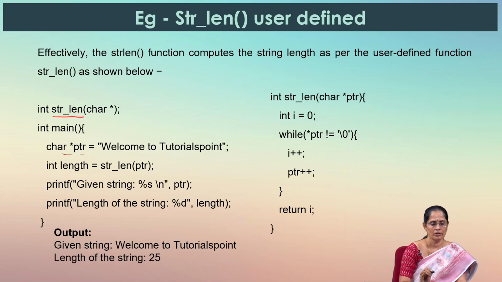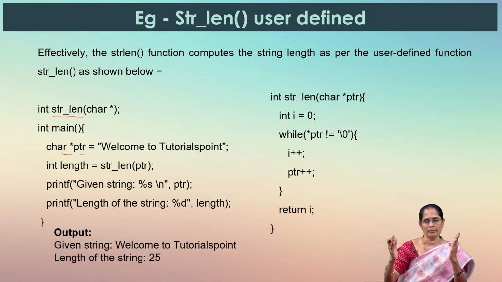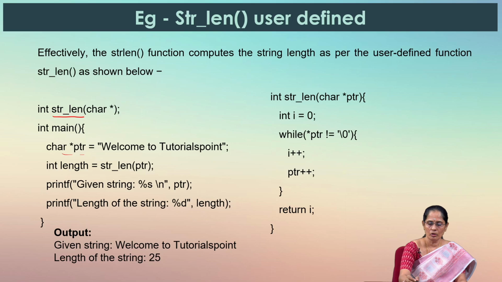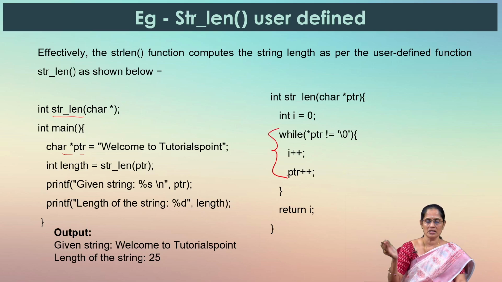So, simply what we are doing, we know how to traverse the complete string using a pointer. We will initialize a string and make the pointer point to the first element, and from that pointer element we can increment the pointer's location, and we will be able to get the next location displayed, right. The same while loop I can make use of for accessing the n number of elements in the array,